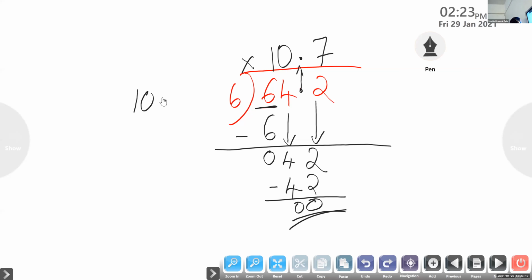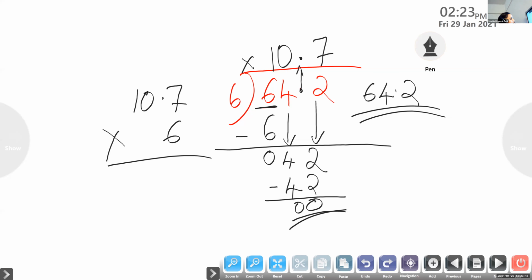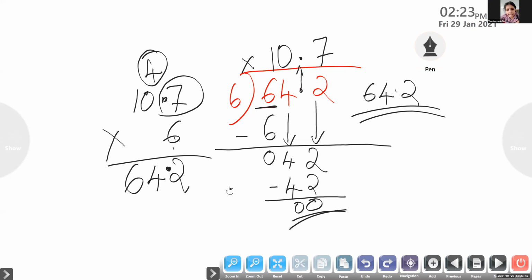Okay. Now check all of you whether you got this answer and multiply 10.7 with 6. Check whether you got this 64.2 and tell me whether our division is correct or wrong. Yes, ma'am. I got 107 into 6. It is 10.7. 6 into 7, 42. 4. 6 into 0, 0 plus 4, 4. 6 into 1, 6. And look at the question, 10 point, only 1 decimal digit. So I have the answer also, 64.2. Yes, children. Did you get the answer?